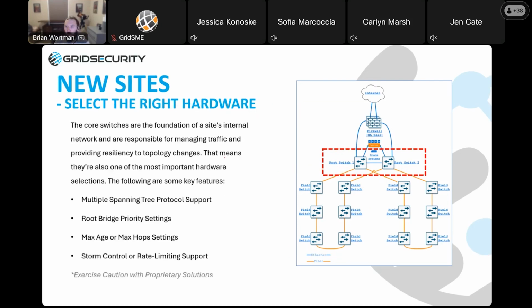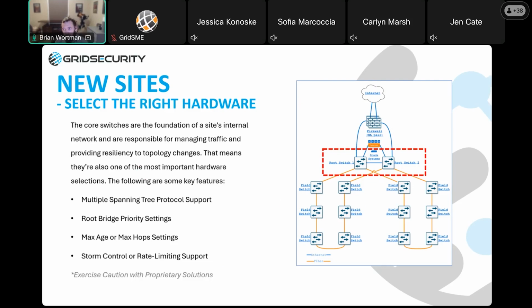So something else we can do at new sites, or when we're replacing hardware really too, is spend a lot of time selecting the right hardware for your core switches. Make sure you understand how they handle spanning tree loop prevention, and how they interact in a multi-vendor environment.